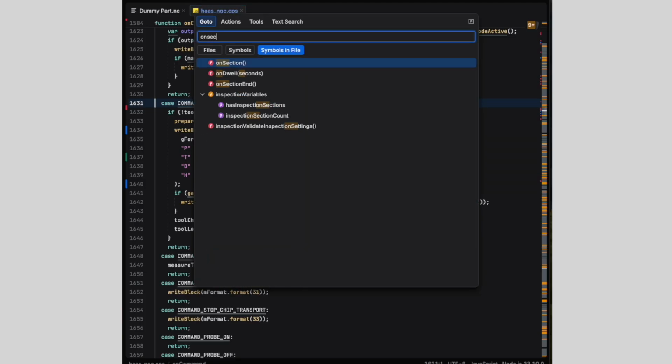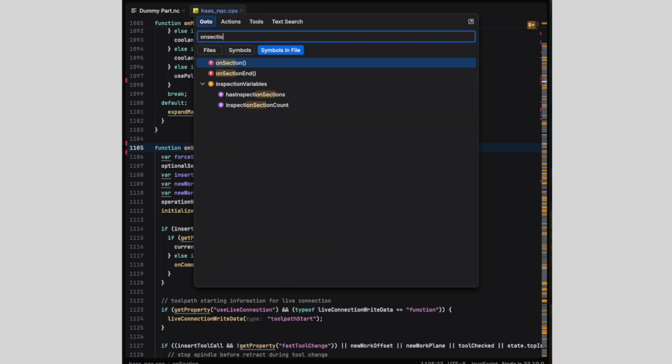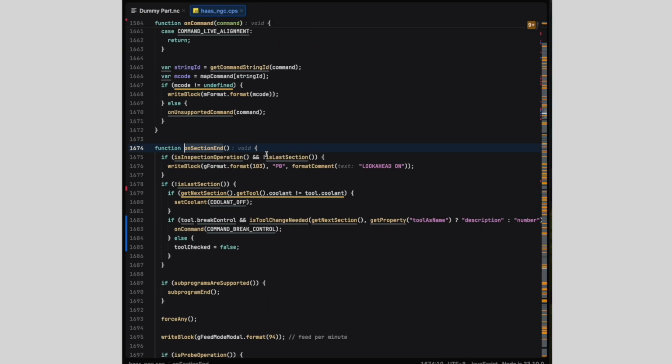Let's also figure out where the beginning and end of an operation are generated. In the parlance of the post processor, a CAM operation that you program in the UI is called a section, and there are entry functions onSection and onSectionEnd. We have a good idea where the changes to the post need to be made, but what steps do we